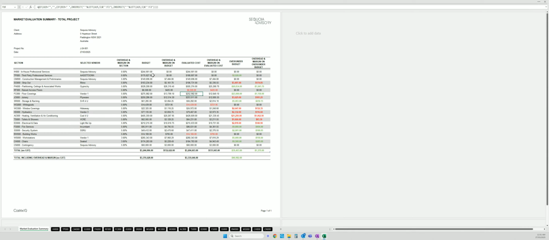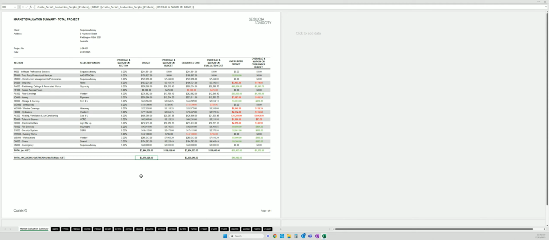However, if I was to move down to floor coverings, we were carrying a budget of 275,000 with margin of 13,799. We've evaluated this package at 252,000. So the new margin level would be 12,600. The over under is 23,000, and therefore our margin comes down by 1,150. As you can see, there's a summary level that shows an over under of 39,000 plus a margin under of 1,500, and a grand total at the bottom, which says this was the total project value,